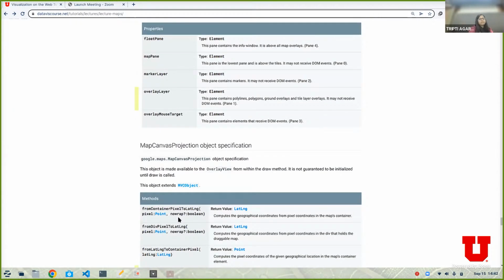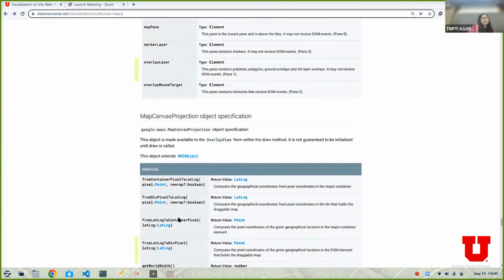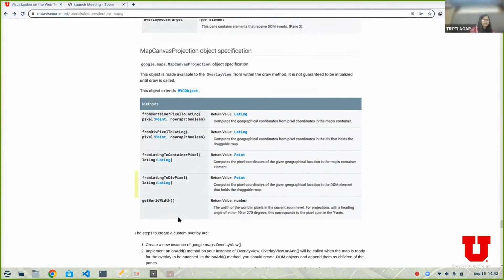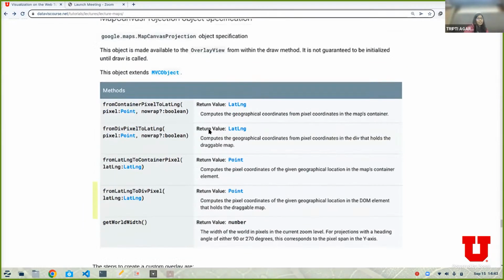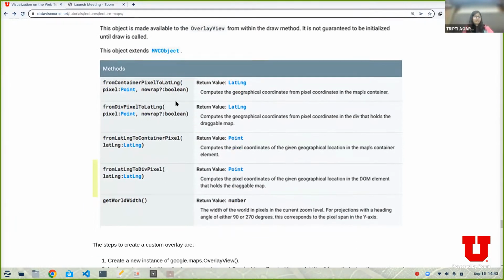For the map projection, the canvas projection that we are doing, we can have different methods here as well. For example, you can have the latitude and longitude converted to the container pixel. So you can set different options here